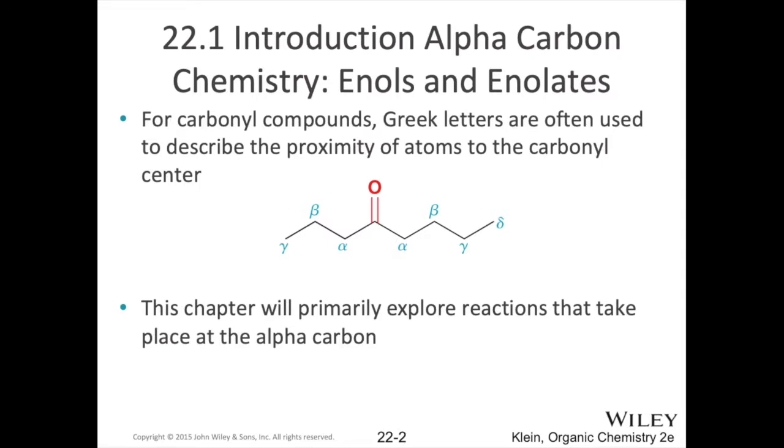So what do I mean by an alpha carbon? Well, we use Greek letters to designate positions as they move away from a functional group. So basically your alpha carbon is one carbon removed from your carbonyl carbon. And then if you keep on going outwards from there, you have a beta carbon, a gamma carbon, a delta carbon, and so on. Okay, so again, we're going to really focus on the alpha carbon here and the interesting